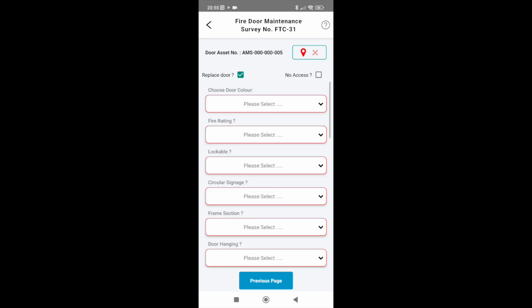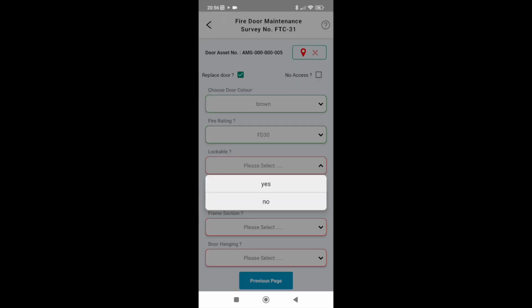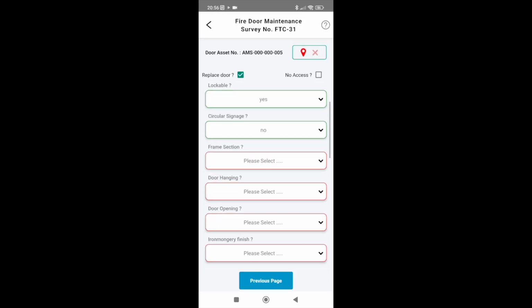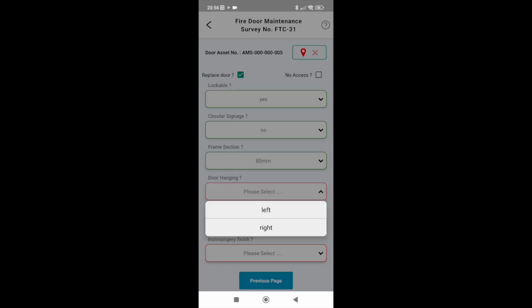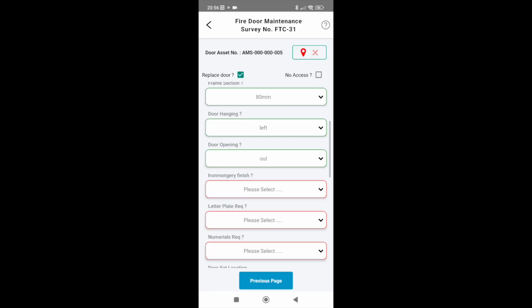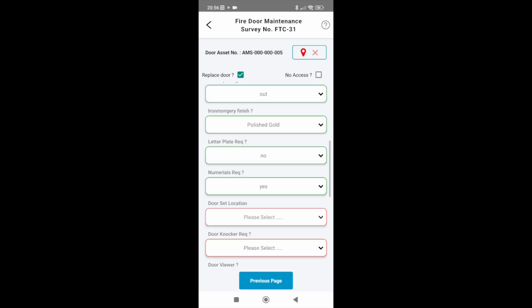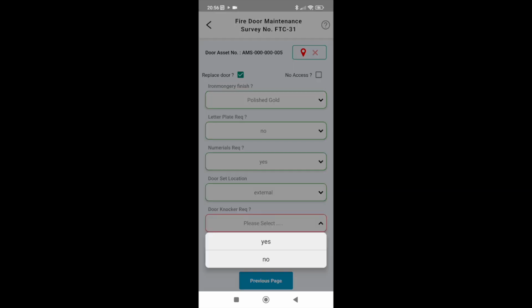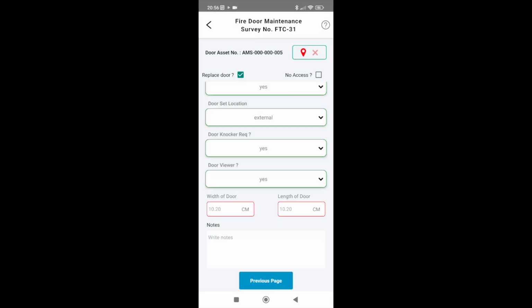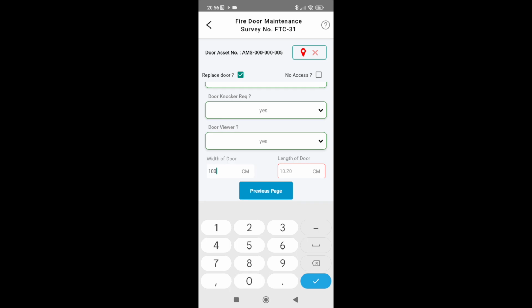I then click next. I can then choose door colors. I can select fire ratings. And what this data is doing is this will actually send directly to the door manufacturer that we've selected already. And these guys, this is the sort of questions and answers that they're asking for all the items that they're looking for. And it makes life a lot easier, because it means we're basically saying to them, this is the